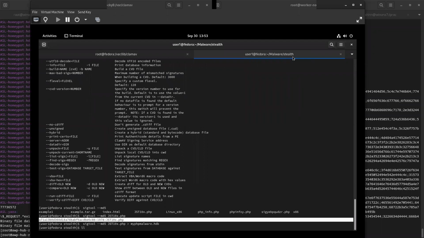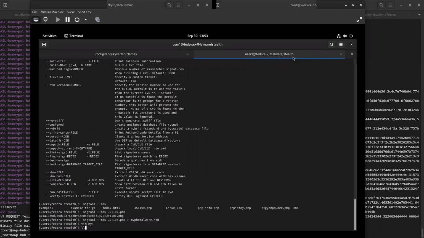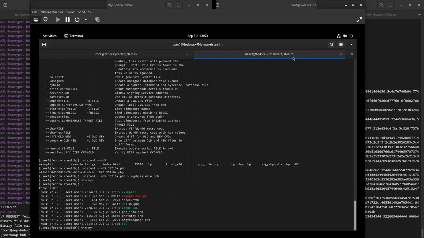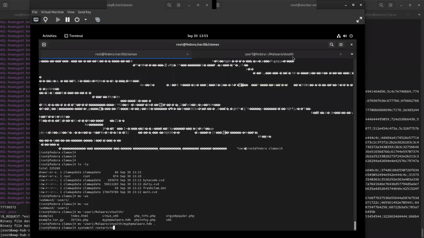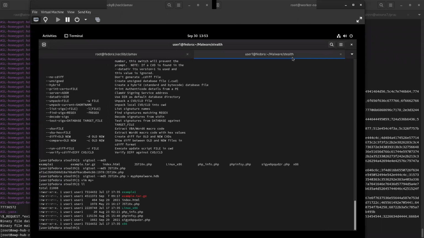Now I can modify this, by the way. Directory, where am I at? Oh, because I just moved it. I can modify this file here and change this value here. It's using the name, so we're going to call it my dot example malware. You can't use spaces in this. If you do, it will complain. So we'll do that.